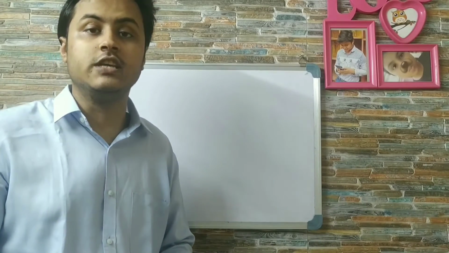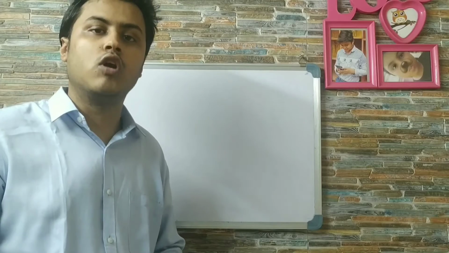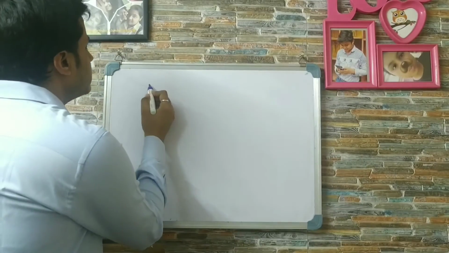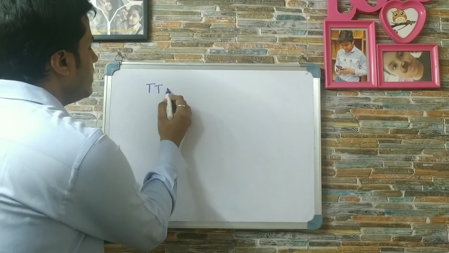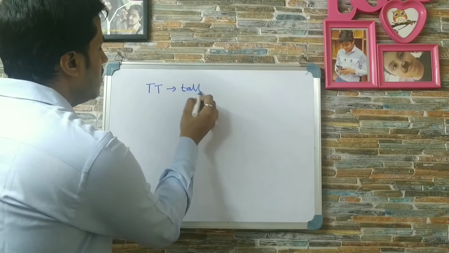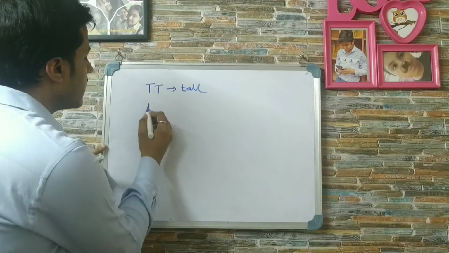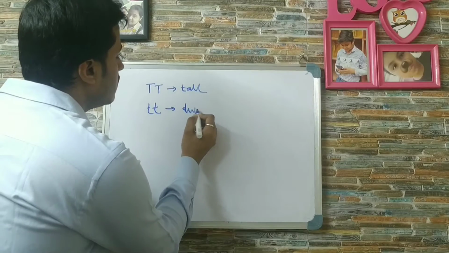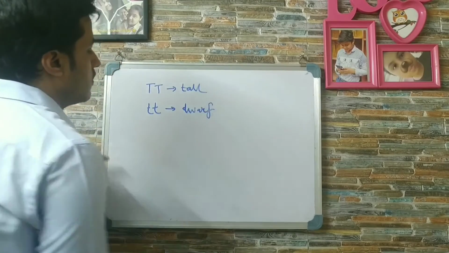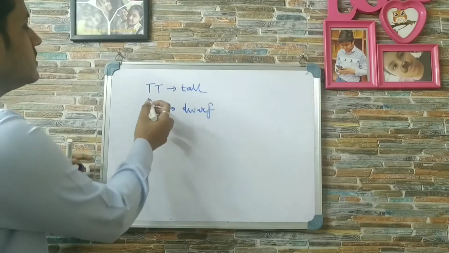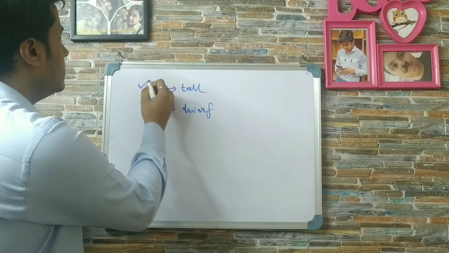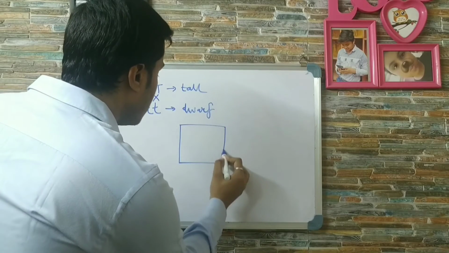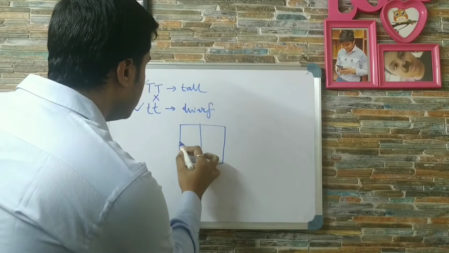The topic of discussion is how to create a Punnett square for monohybrid and dihybrid cross. Suppose there is a character capital T which stands for tall. Then there is a character small t which is considered to be dwarf. Now if there is a cross between this and this, then the corresponding Punnett square for this will be,